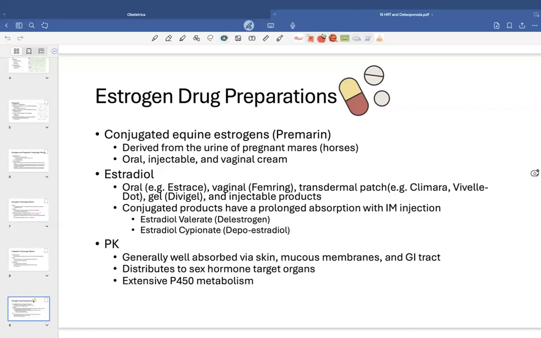So Premarin was very widely used. There was kind of a peak in popularity for postmenopausal hormone replacement,